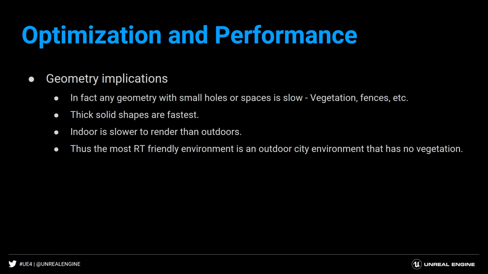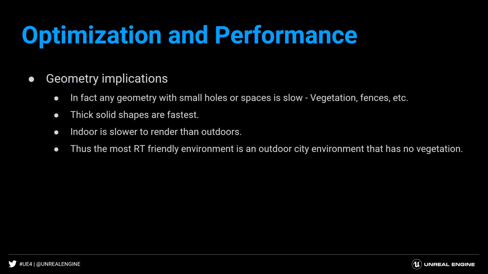Indoor tends to be slower than outdoors because when the rays are cast in an indoor environment, those rays are stuck in the environment, right? As the rays cast, it bounces, it goes up somewhere else. It will now hit the ceiling or it hits something in the environment. The ray is stuck. So every ray carries a cost. But if it's an outdoor environment, some of those rays are going to bounce, or they're going to go somewhere, and they're going to go straight up into the sky, and they're going to disappear. There is no cost for them. So in an outdoor environment, say 30–40% of the rays will carry no to little cost because of that. It's faster. So you could say that the most ray trace friendly environment is an outdoor city with no